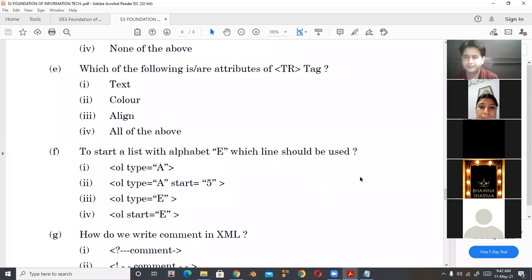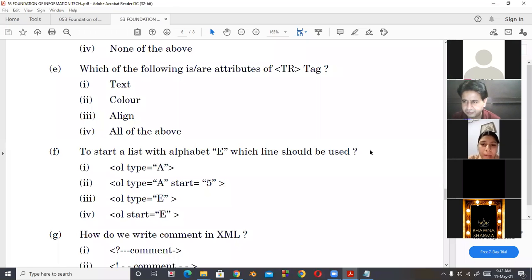Now, next question. Which of the following is or are attribute of a TR tag? Madhav. Sir, all of above. Why? Does the TR tag have text, beta? Text is not here.